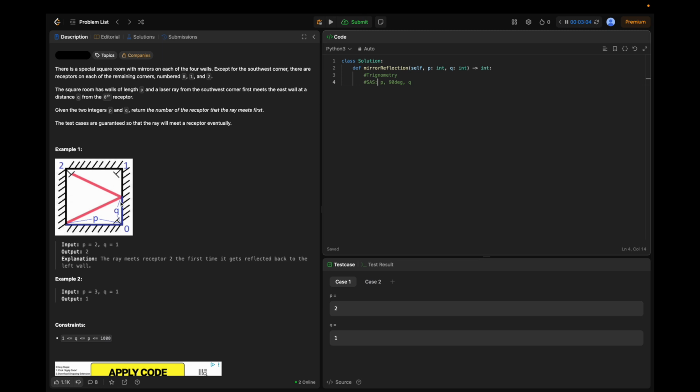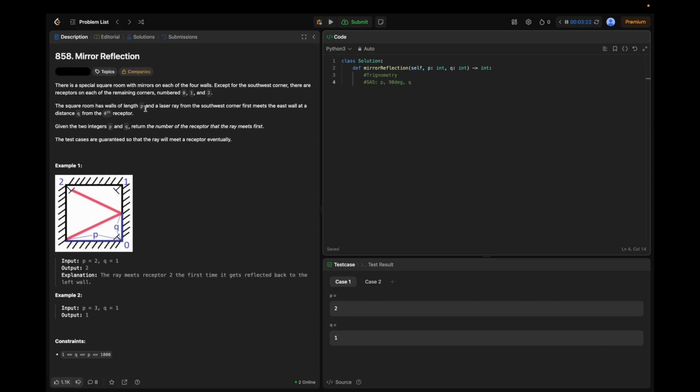Anyway, so let's say it reflects here, 30 degrees. Say this is like 60, 60 here. What does that tell me? I know the length is P, so this is going to be P minus Q right here. And I know this angle is the same as this angle, and I know this is 90, and I know this is P. So using that, can I determine if it hits